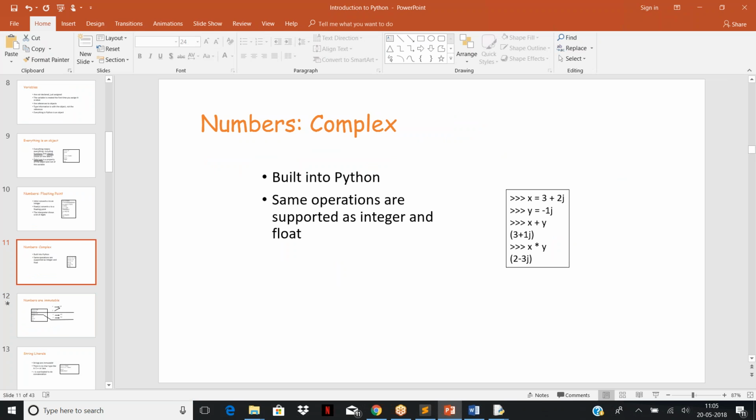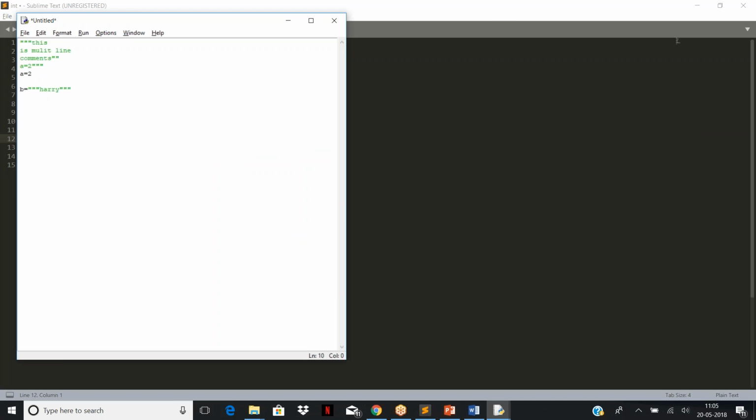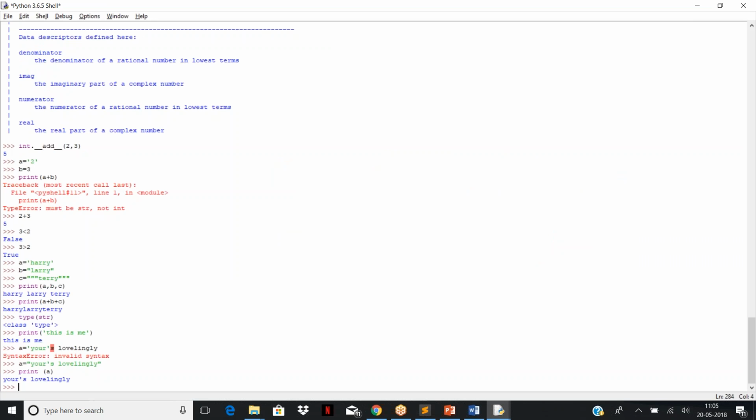So this is about complex numbers. It's like a basic calculator, the Python IDLE, but complex numbers are also inbuilt in it. So let us say, for example,